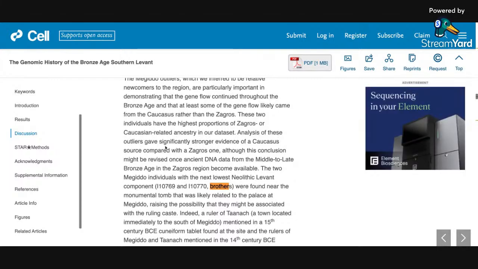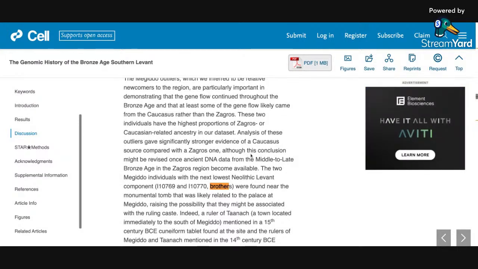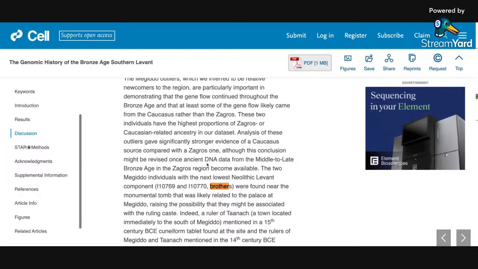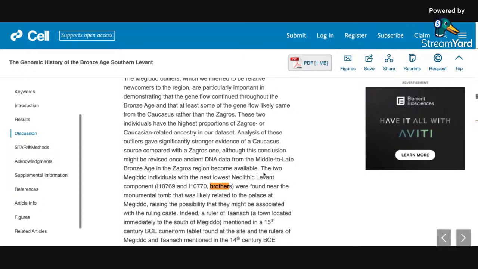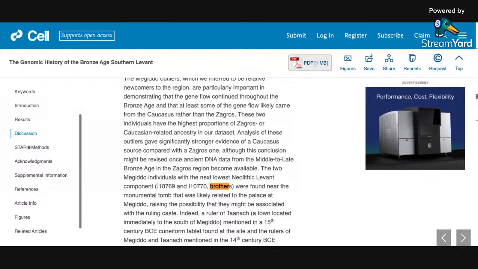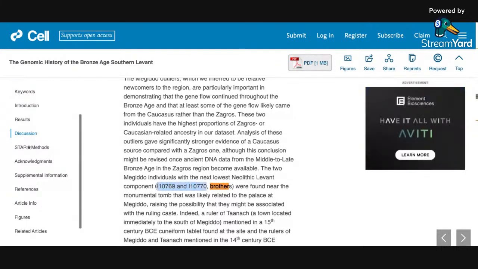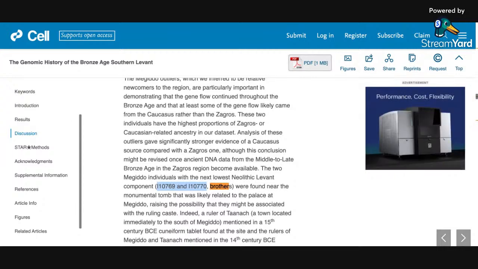Analysis of these outliers gave significantly stronger evidence of a Caucasus source compared with a Zagros one, although this conclusion might be revised once ancient DNA data from the Middle to Late Bronze Age in the Zagros region become available. The two Megiddo individuals with the next lowest Neolithic Levant component, these are their two IDs. I'm going to go ahead and copy them, and I'll paste them inside the Excel so we can remember those